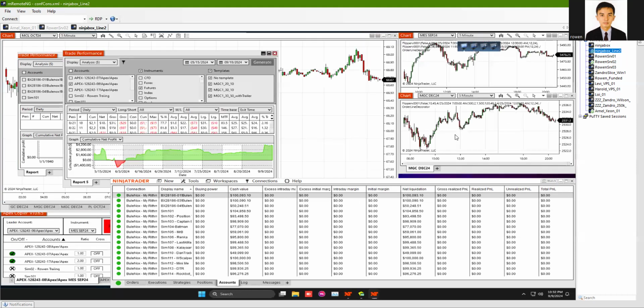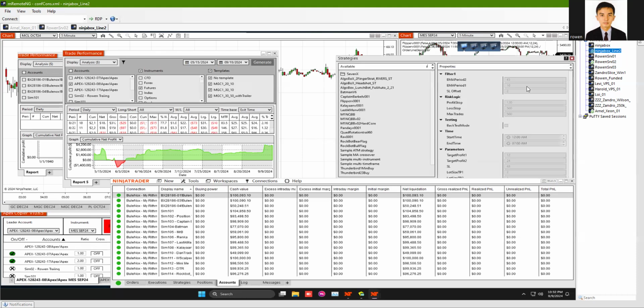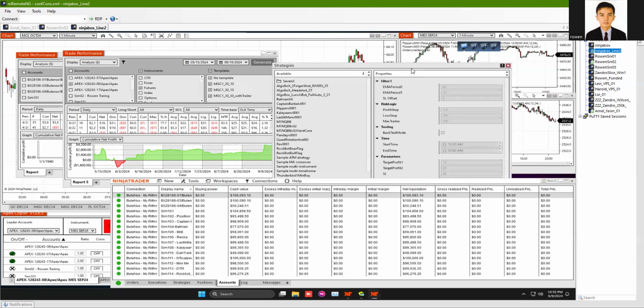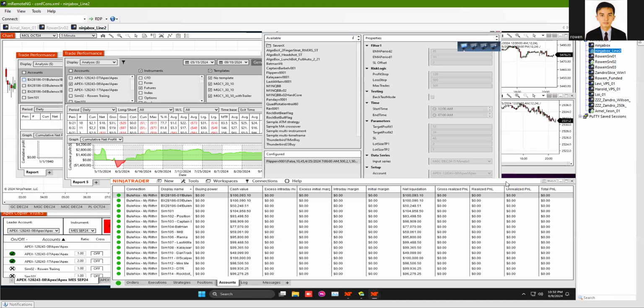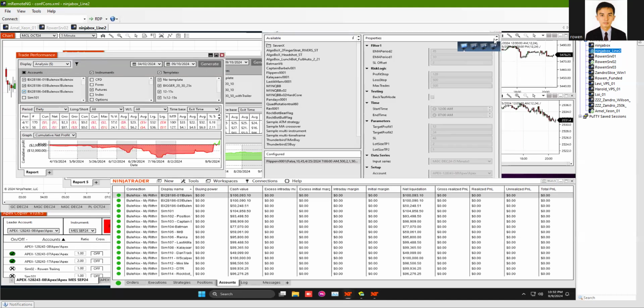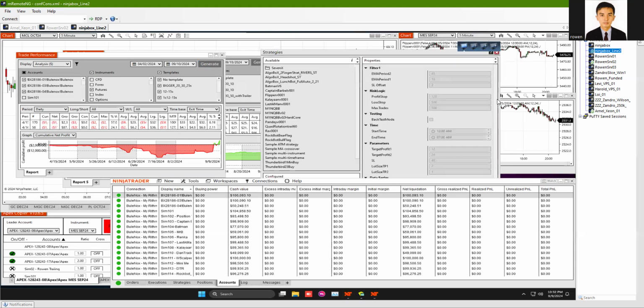Let me show you how the parameters look like. The parameters are also selective. Oh, my screen has mixed up the settings.